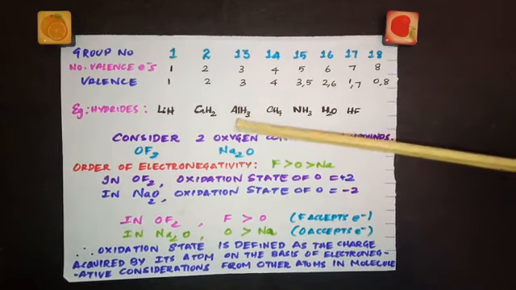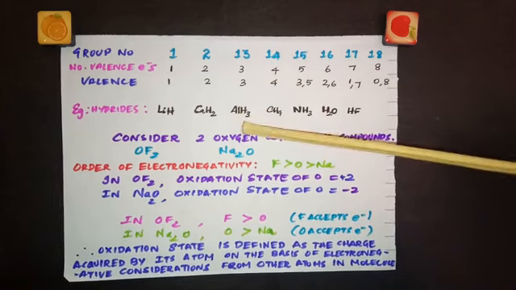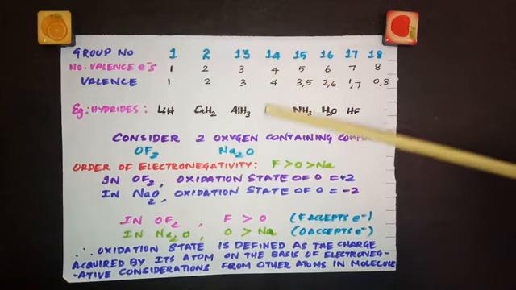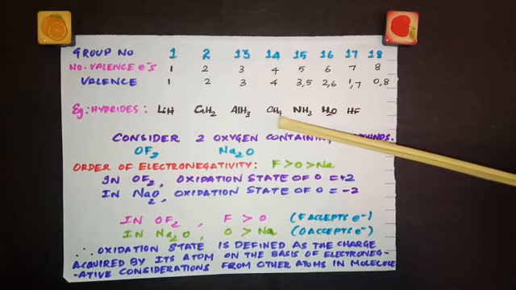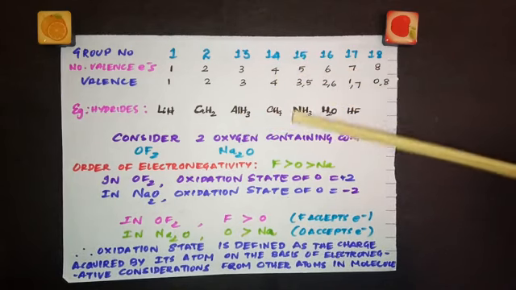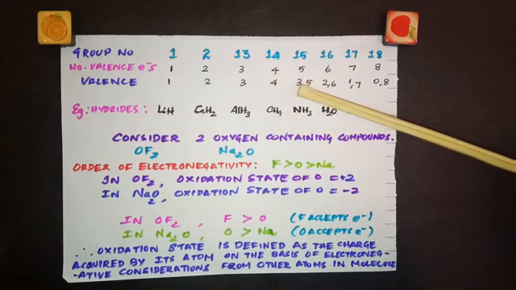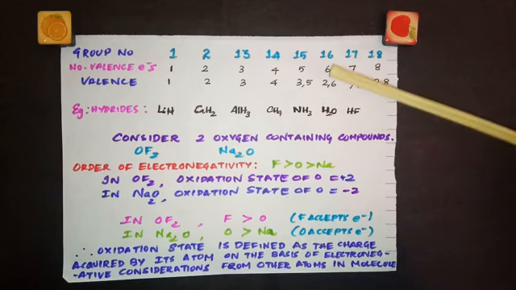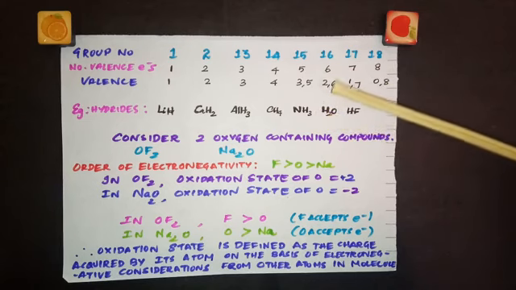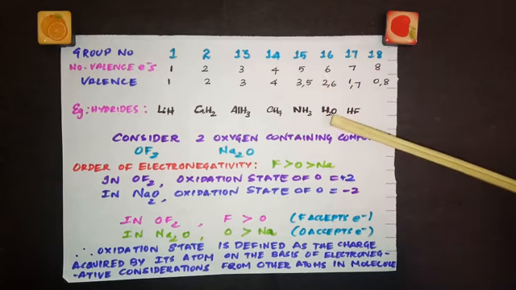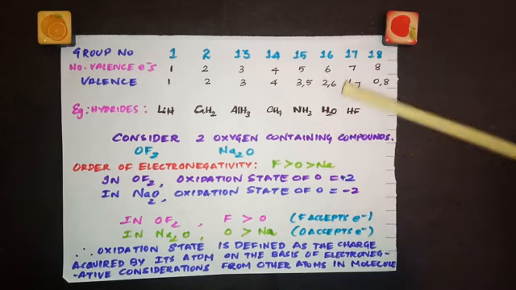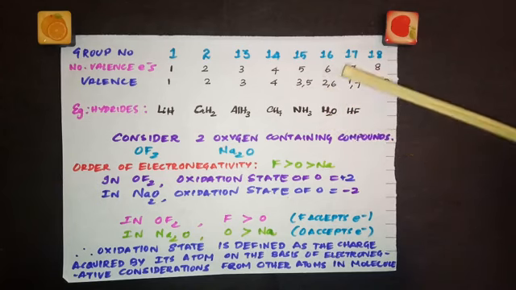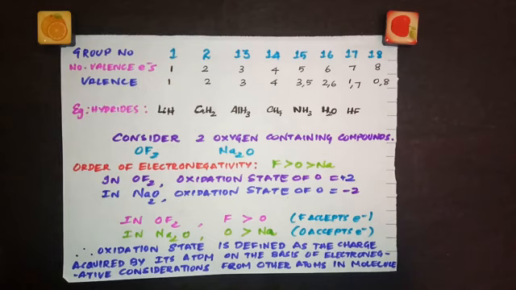And here valency is 3. So it forms the compound AlH3, as aluminium belongs to the 13th group. Carbon, which belongs to the 14th group, can exhibit a valency of 4. So it forms CH4. And here in the 15th group, we can take the example of nitrogen, and it exhibits a valency of 3. So it forms NH3. Same way, oxygen is present in the 16th group, and it can exhibit a valency of 2, so it is joining with 2 hydrogens, so you are getting H2O. Here valency is 1, so HF. So these are the examples of hydrides of these elements to show the valency exhibited by each of these elements.